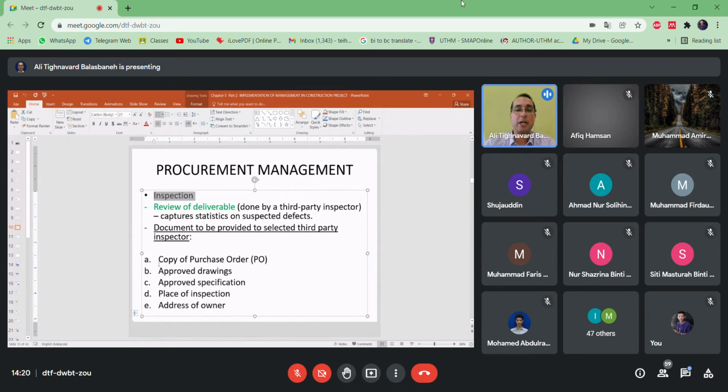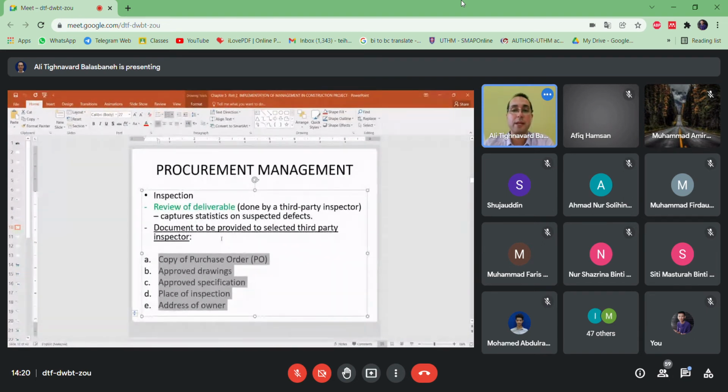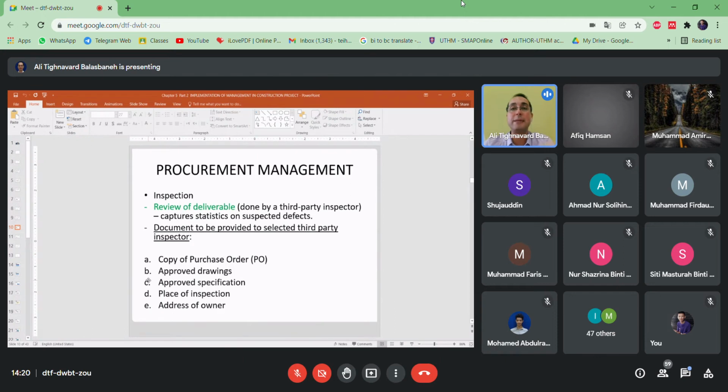So in this regard, there are some processes, as you can see here, that need to be fulfilled. These documents are to be provided to the selected third-party inspector: a copy of the purchase order, and it goes on. You can read here. So this is a very systematic process, and the procurement stage is very important, because it contributes to